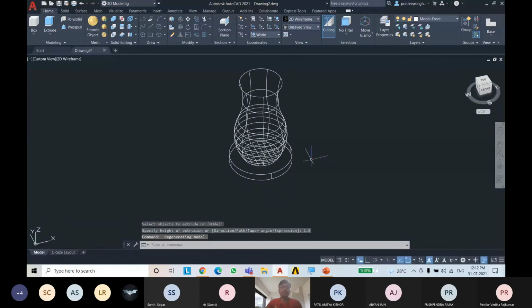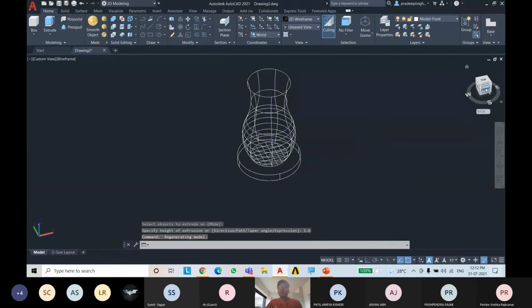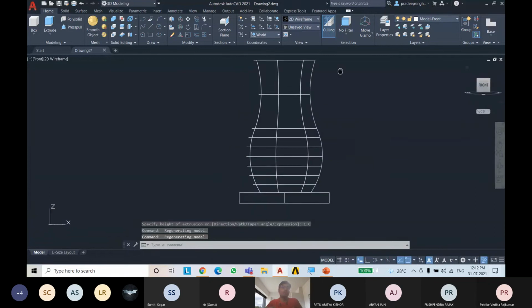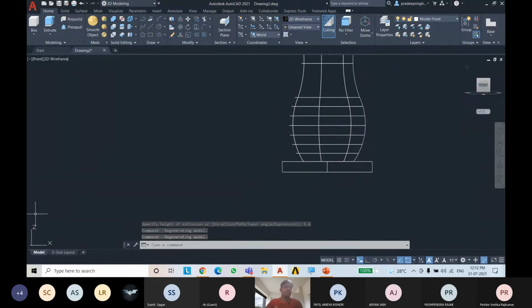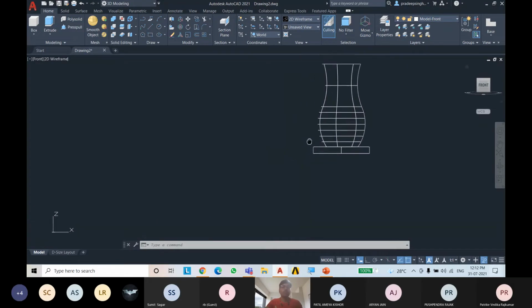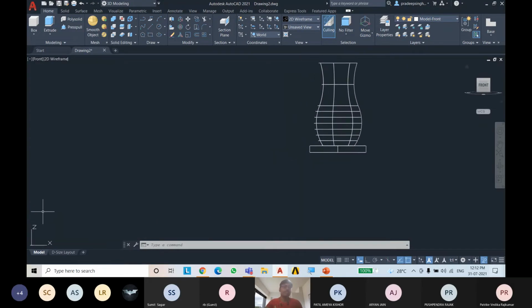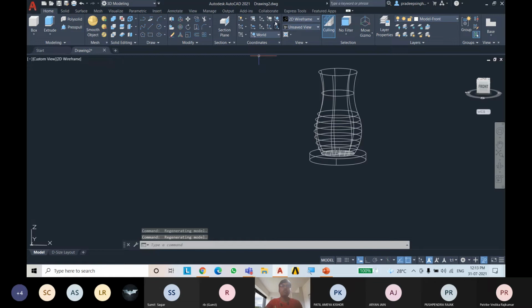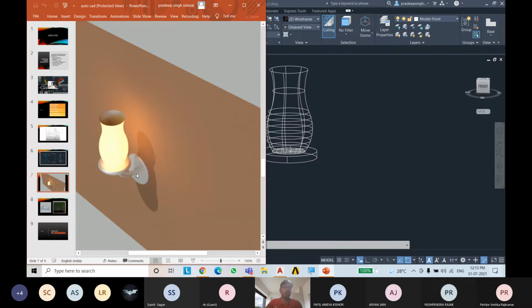So you can rotate and view it. Now we will go to this front view. You can see that this axis is Z and X. If you want to draw any object, we want that object to be in X and Y. You can see that this is in Z and X. So now we will use this coordinate toolbar to make a drawing, because we want to draw this part and they are in different axes.